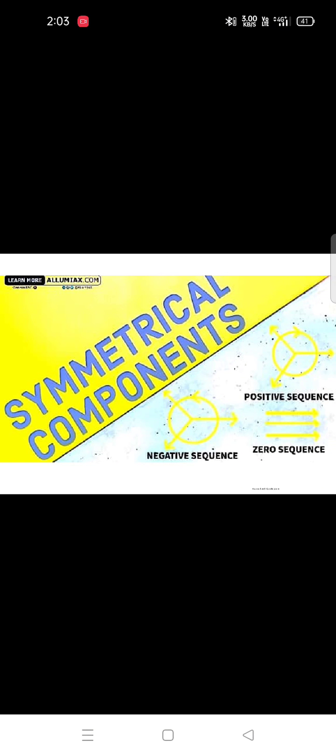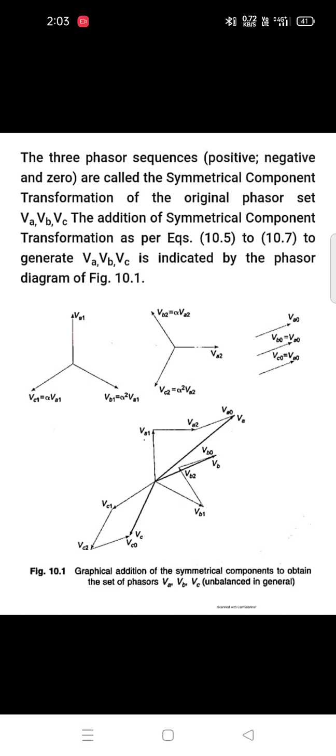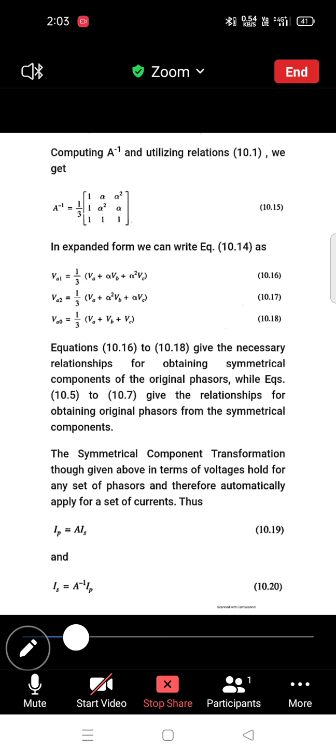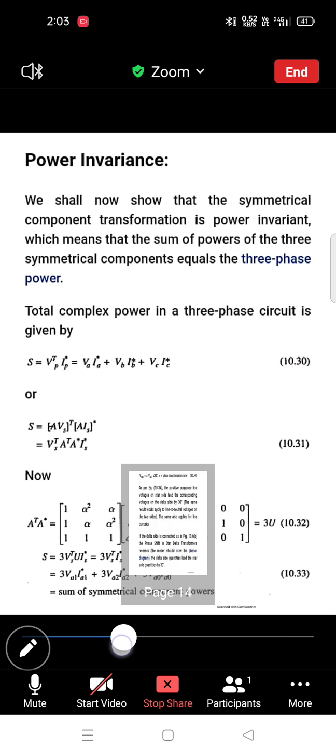Good morning students. We already started the new chapter, symmetrical components, and we also introduced our main ingredients: the positive sequence, negative sequence and zero sequence networks. So now let's see further about the sequence network or sequence impedance of the transmission lines.